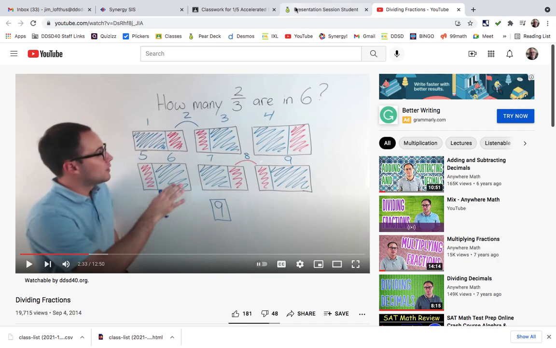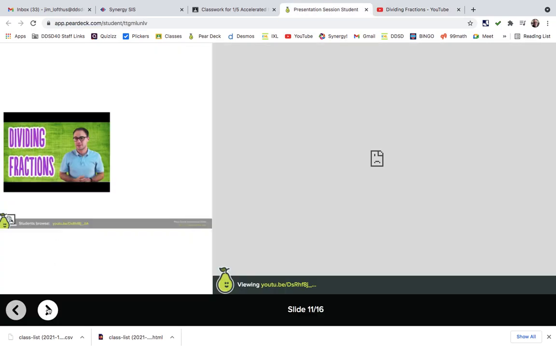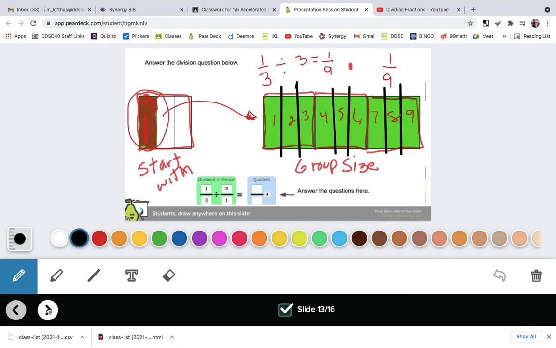And then in class, we talked about dividing fractions as what we start with and what the group size is. So this one, we started with 1/3 right here. We start with 1/3, and then we divide it into groups of, in this case, 3. So dividing it into groups of 3, we can only make 1/9 of a group. It would take 9 of these red pieces to fill this out, so that there was only even just one